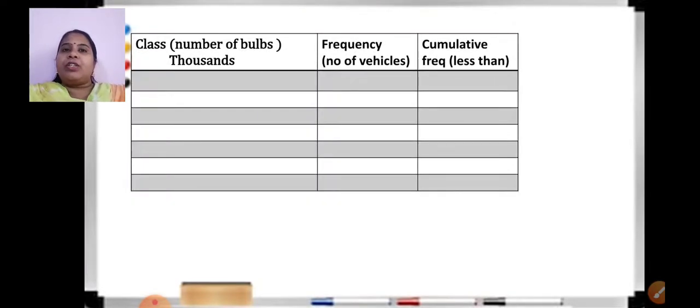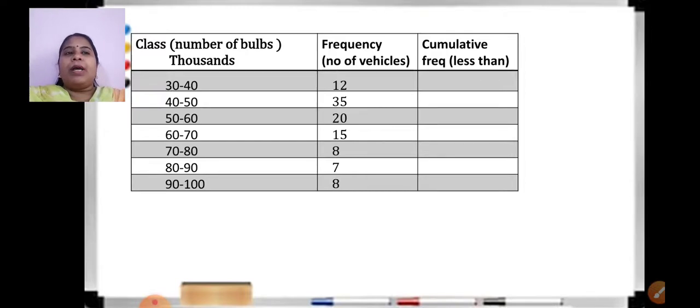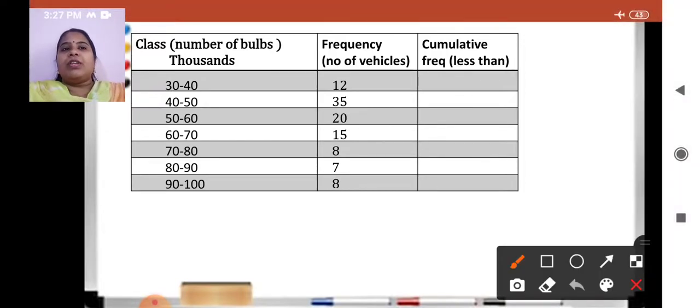For median, as you know, we require one additional column of cumulative frequency, that too less than type. I hope you recollect how to find out the cumulative frequency. Okay, then what are the classes given? Let us write that. These are the classes given to us in the question. Frequencies given are these. Now we need to fill in this by writing the cumulative frequency. Now just have a look. 12 can be written as it is. I hope you remember. Now this gets diagonally added to this.